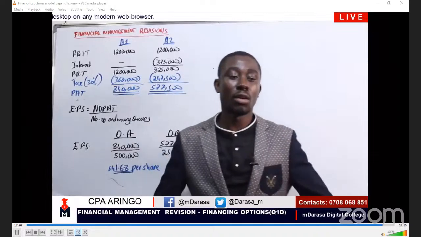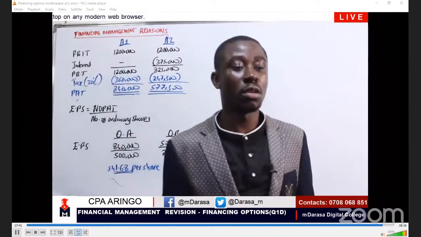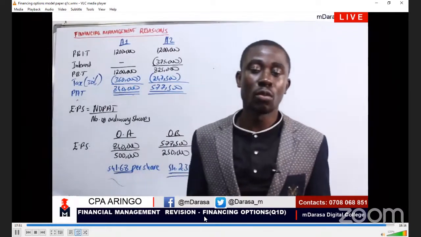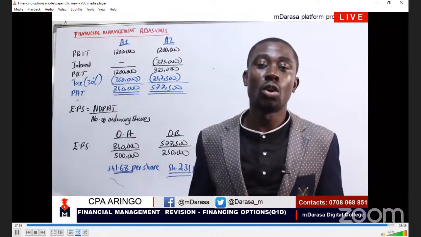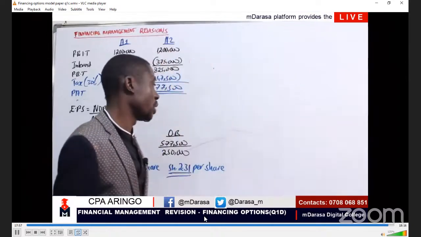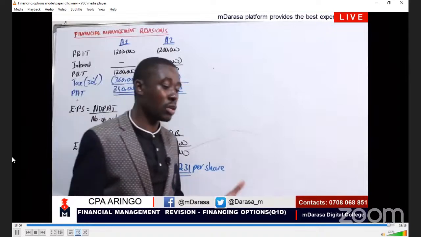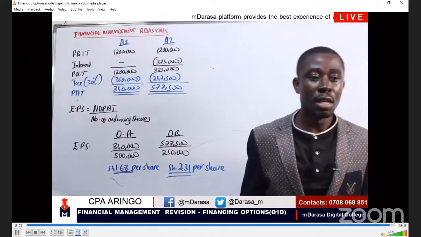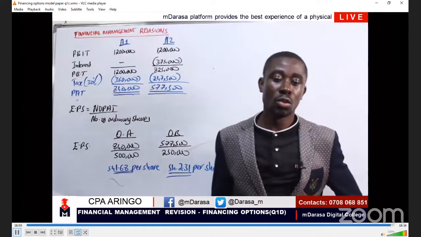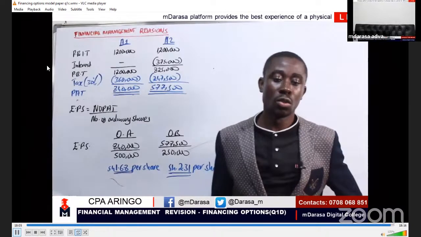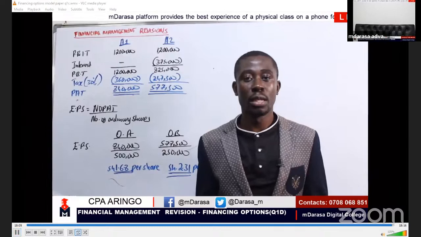So basically, a question can be set in such a manner whereby you need to advise these investors on the best option to go with. On advising, we'll be talking of the concept of earnings per share, or we can talk of return on investment, the ROI. That is always very key to understand whenever we're advising our investors. So that is what you're required to do in that question. Thank you so much. Next, when we meet, let us handle part D of the question.